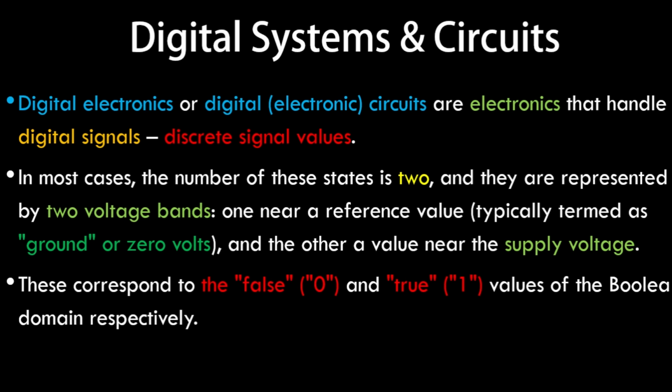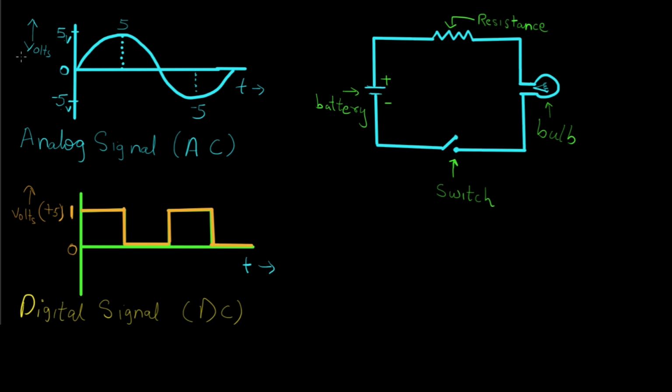So let me quickly show you an example of a digital circuit. As you can see, the first diagram is an analog signal, which means that this curve that I've just drawn is an alternating current which varies from -5 to +5 volts. This is termed an analog signal. Now the devices that operate on digital signals, such as your smartphones and laptops, have this waveform. This is called a digital signal.